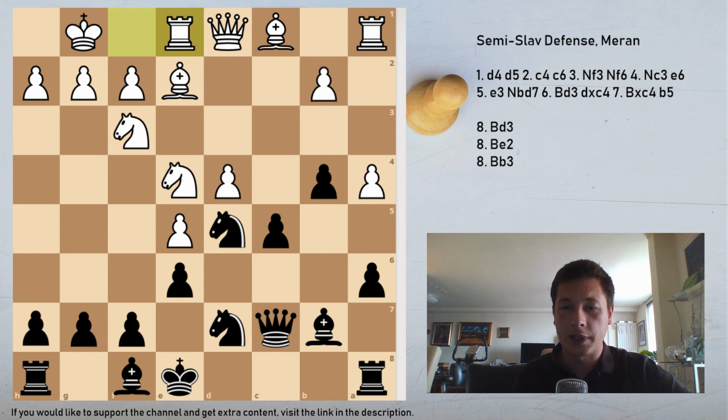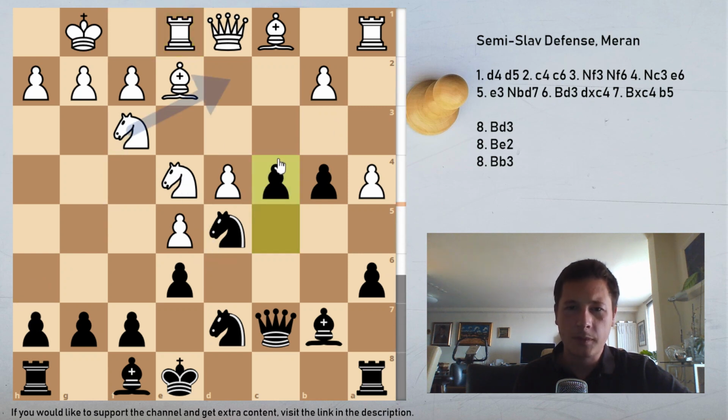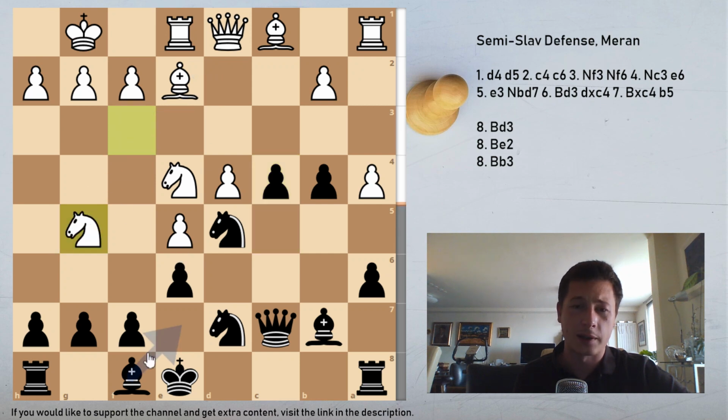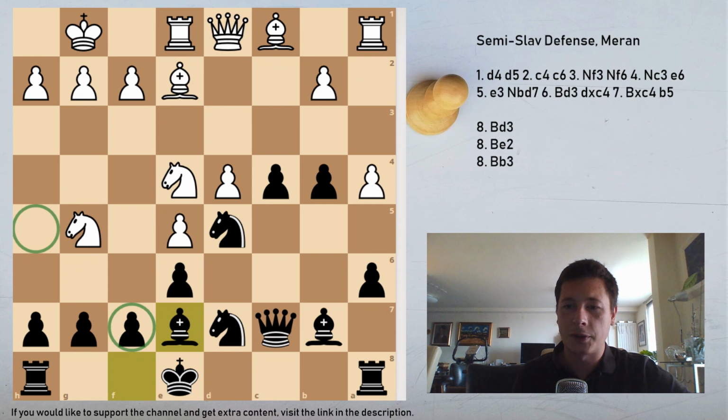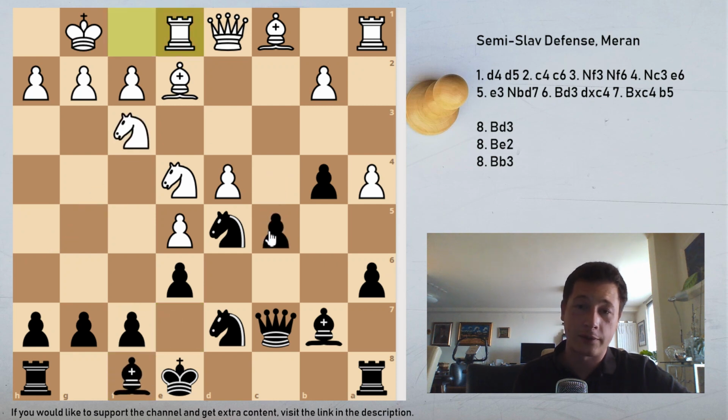I just want to point out that if rook e1, if you play the move c4 now, you could be in trouble with the move knight g5, which can lead to all sorts of sacrifices here, and it's not safe to play this position. So remember that after the move rook e1, you don't have time for c4, however tempting that might be, because